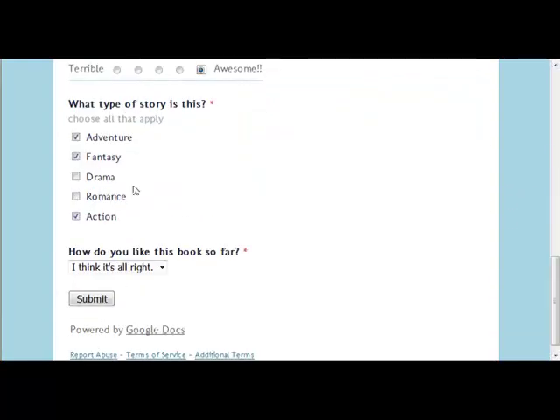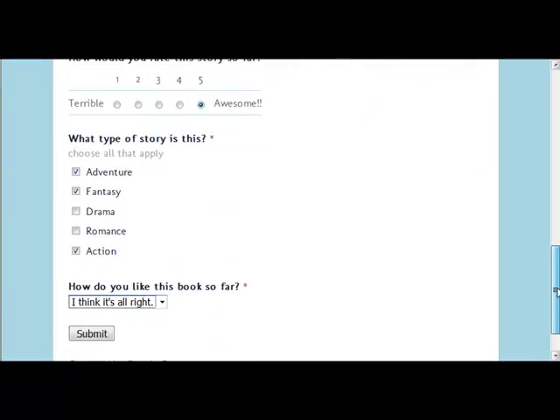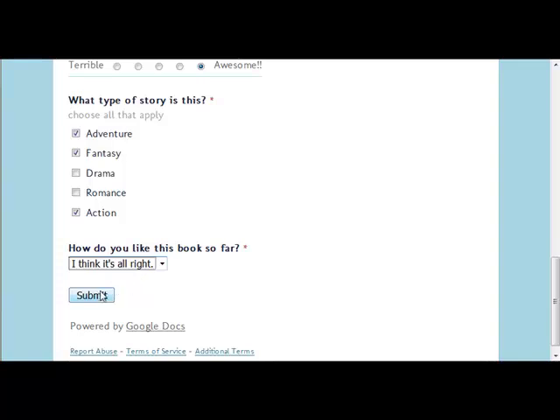The checkboxes, you can select as many checkboxes in this question type as you'd like. Select and deselect them by clicking. And this is a drop-down list. Choose from a list. Once you're all done and you've answered all of the required questions, remember those questions that have an asterisk at the end of them are required. When you're all done, your user would click submit